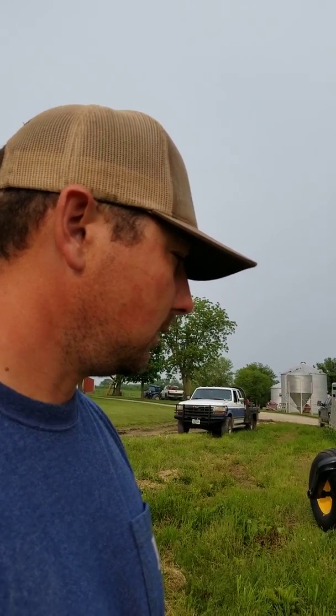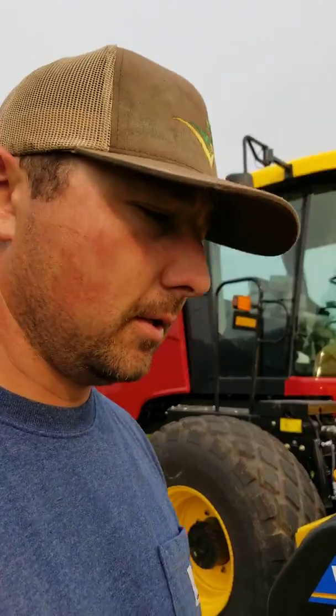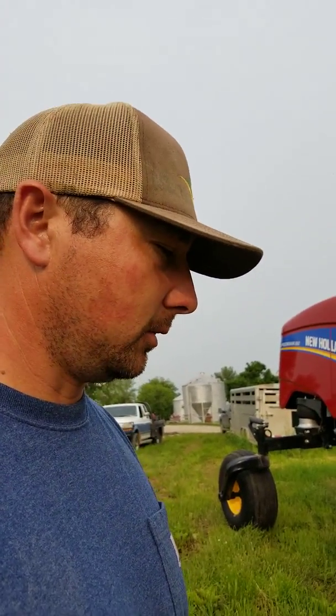We've always had a pull type disc mower, disc conditioner 1431, and before that we had like the 499 sickle series. So this is the first self-propelled we've had, so I'm really excited to get to run it. I think it's going to save me a lot of time on running across a lot of acres. It was killing my back and neck trying to run all those acres without a self-propelled,